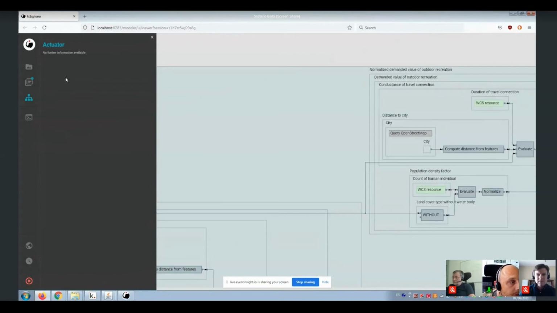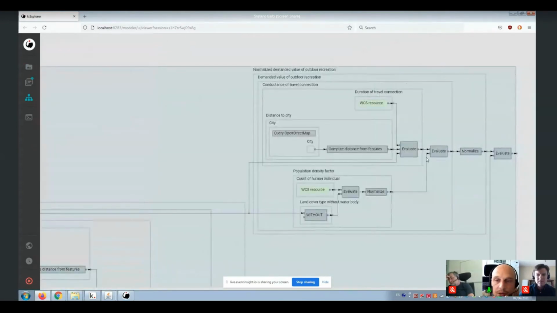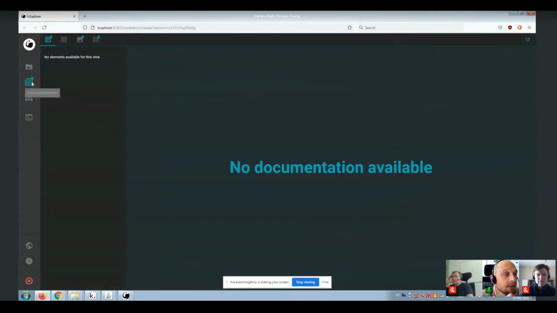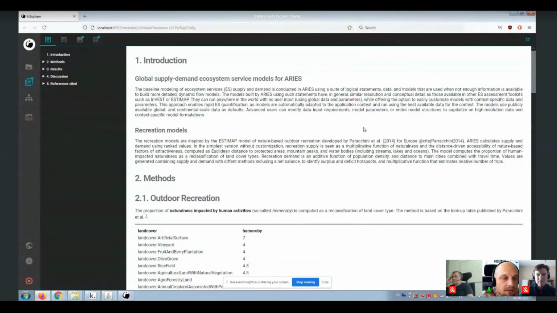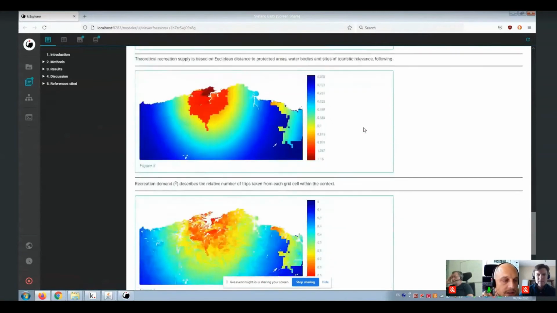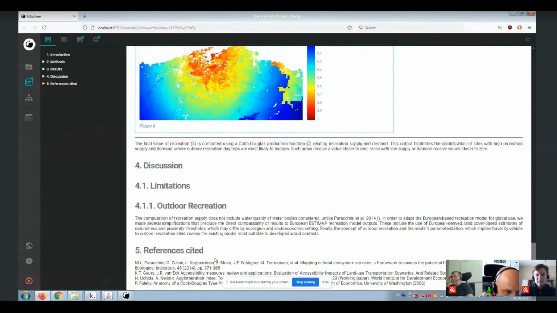If you want to see how the things are put together, you can also click on single boxes. In this particular case, for example, you have the function saying how supply and demand are put together. This is the report, and that is also very informative. Most of the things are explained in a narrative format here with all the references. We never invent models from scratch, almost never. So this particular model is largely inspired by the work at the JRC. And then if you want to check the code of this model,